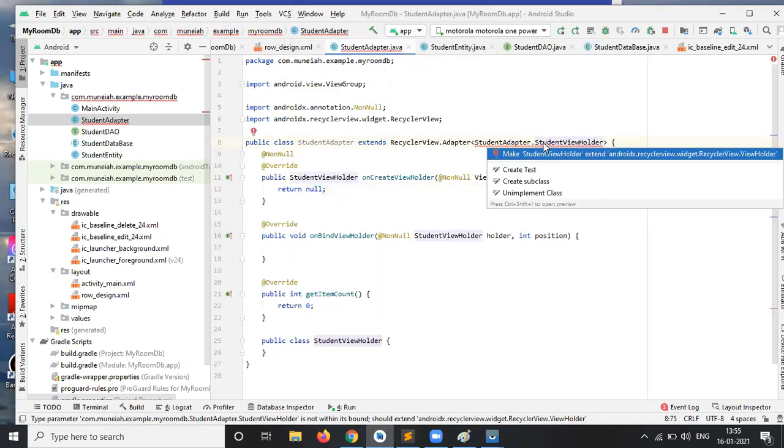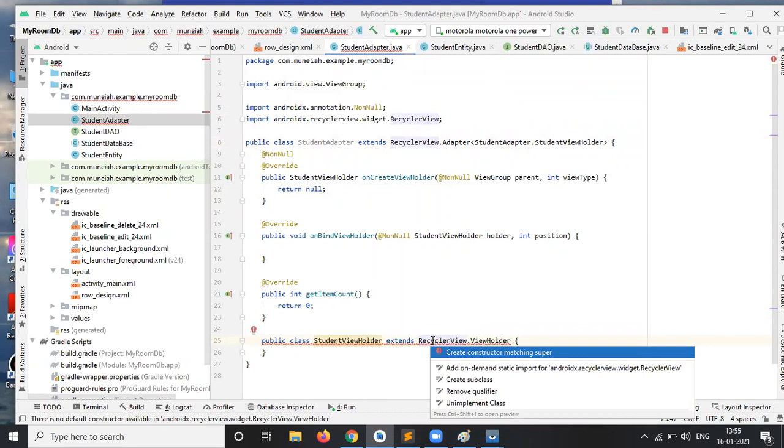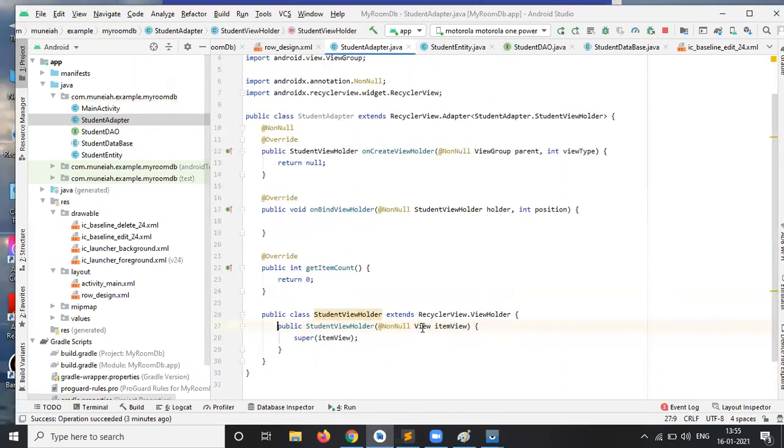It will ask for the constructor, which will extend the RecyclerView.ViewHolder. You can choose the first option. It will extend RecyclerView.ViewHolder. Now again press Alt Enter. It will ask to create a matching super constructor. Okay. Now up to this part there are no errors.